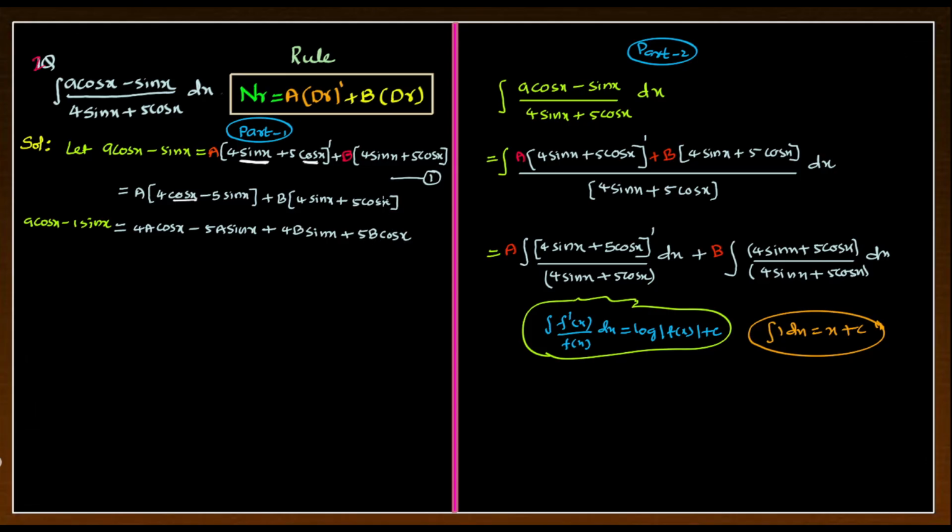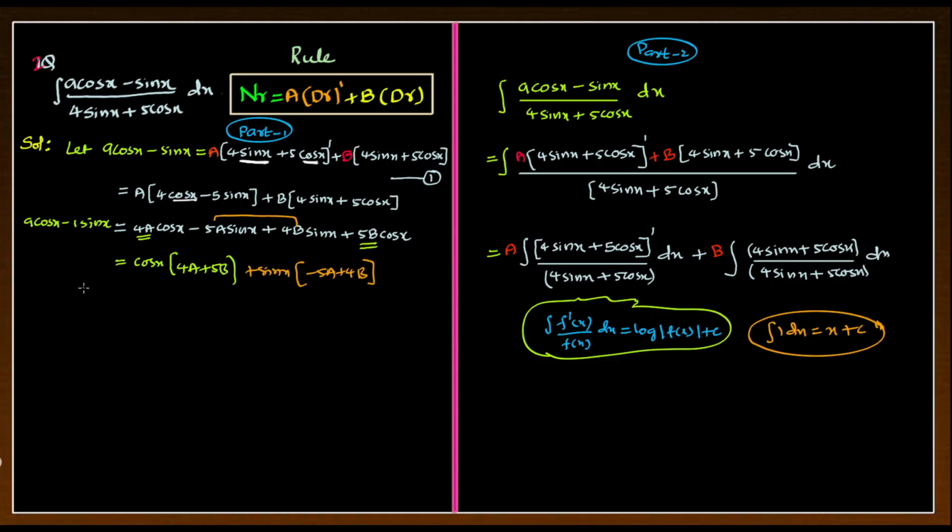Now total 4 terms are there. 2 terms are related to cos x and 2 terms are related to sin x. Now taking common. So first take out cos x common. If you take out cos x from common, the coefficient of cos x is 4a plus 5b. Similarly, if you take sin x common, the coefficient of sin x is minus 5a plus 4b. Okay, so given numerator, we have to write the rule, differentiate with respect to x,